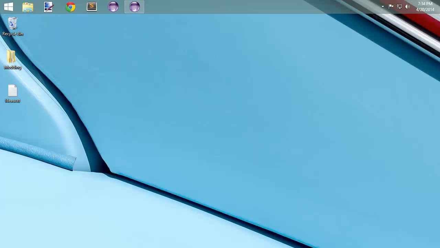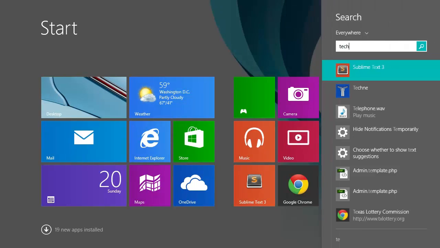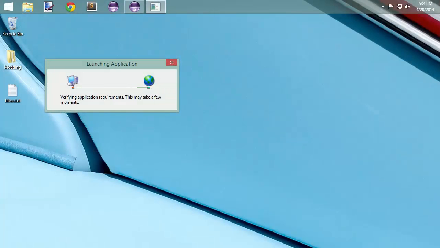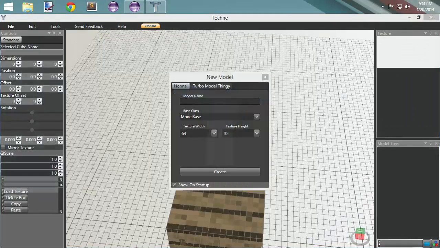The biggest thing is the Techne. We actually have to go through and model it. And what I'm actually going to do is build a table, and we're going to start there. So let's pull up some Techne right now. I think I tinkered around with this yesterday, but we're going to call this Obsidian Table. And before I actually jump into this,